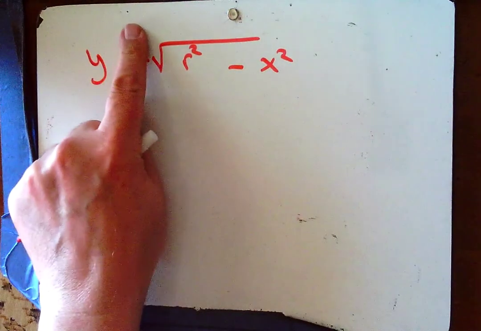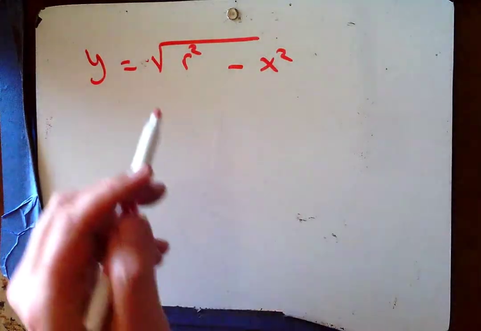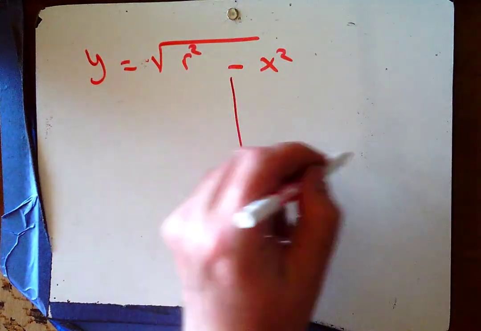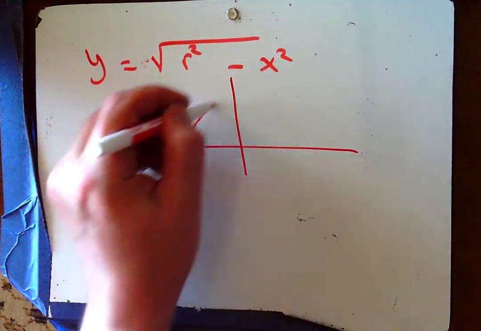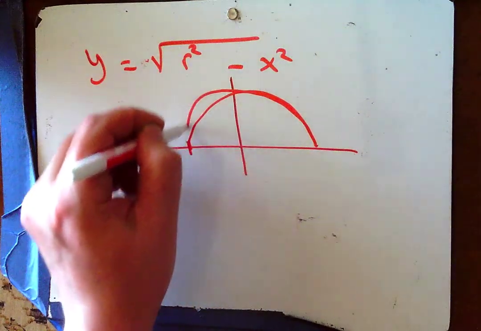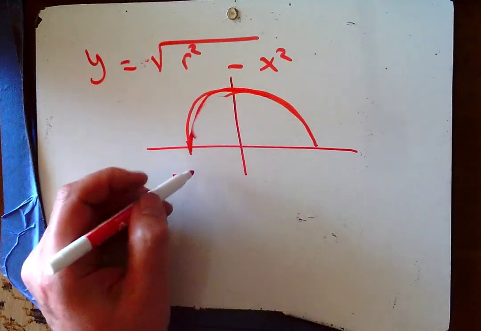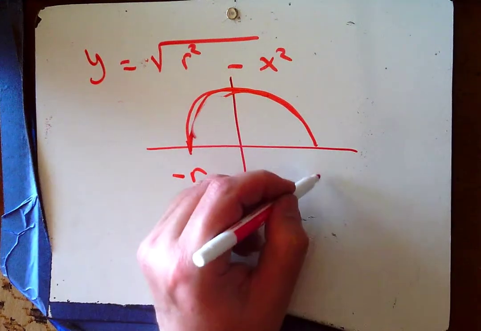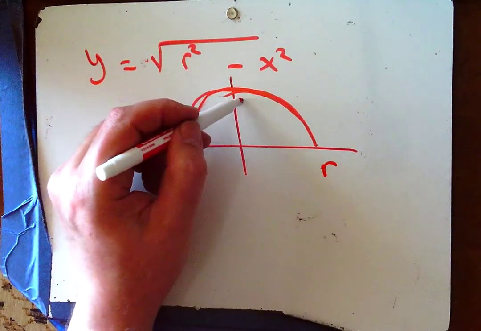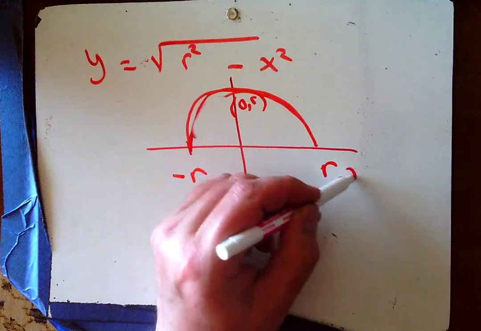And that's if I had a plus or minus in front. But if I don't have a plus and minus in front, then what I'm looking at is a semicircle. A semicircle. And my semicircle has negative r, positive r, 0, r